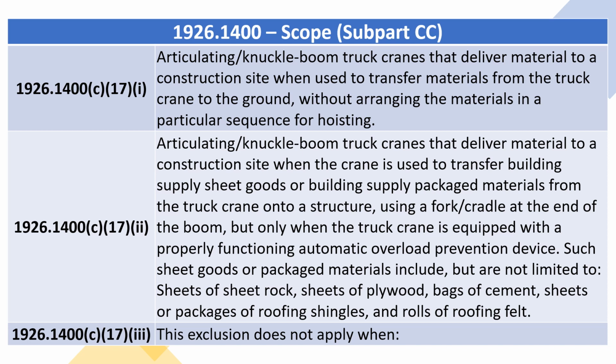(ii) Articulating/knuckle boom truck cranes that deliver material to a construction site when the crane is used to transfer building supply sheet goods or building supply packaged materials from the truck crane onto a structure, using a fork/cradle at the end of the boom, but only when the truck crane is equipped with a properly functioning automatic overload prevention device. Such sheet goods or packaged materials include, but are not limited to, sheets of sheetrock, sheets of plywood, bags of cement, sheets or packages of roofing shingles, and rolls of roofing felt. This exclusion does not apply when